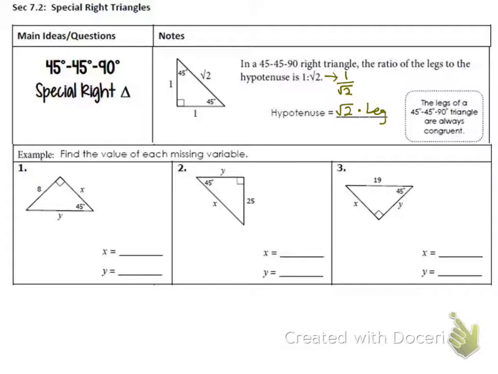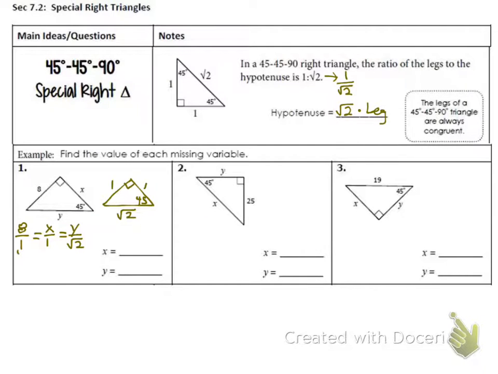So if we come down here and look at number 1, we have a 45-45-90 triangle. I'm going to draw my reference triangle from here down here. So it's 1, 1, root 2. Because these two triangles are similar, they both have 45-degree angles and 90-degree angles, I can set up proportions. So I could say 8 is to 1, here and here, as x is to 1, as y is to root 2. First off, I can see to solve for x that the 8 over 1 and x over 1